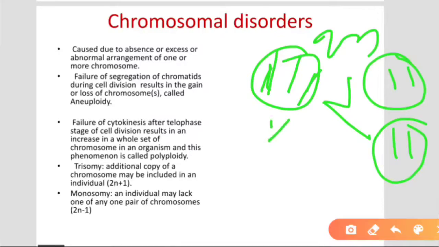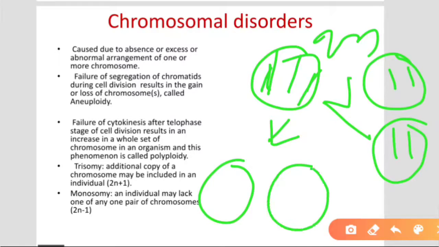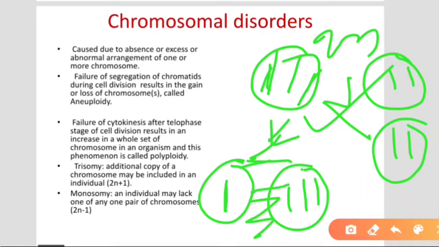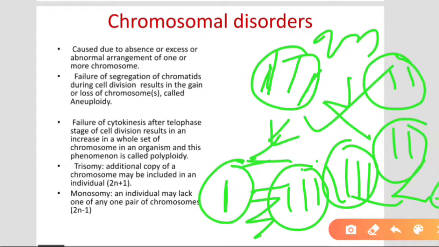Suppose the division is unequal. One cell contains 3 chromosomes and one cell contains 1 chromosome. Now by this unequal division at the time of meiosis, a chromosomal disorder results, right? How does this take place? Either at the metaphase stage, during division of chromosomes, or due to non-formation of the crossover. Suppose division takes place and the crossover does not form, then each gamete contains all 4 chromosomes. When it fuses with a normal gamete, it changes into 6 chromosomes, right?